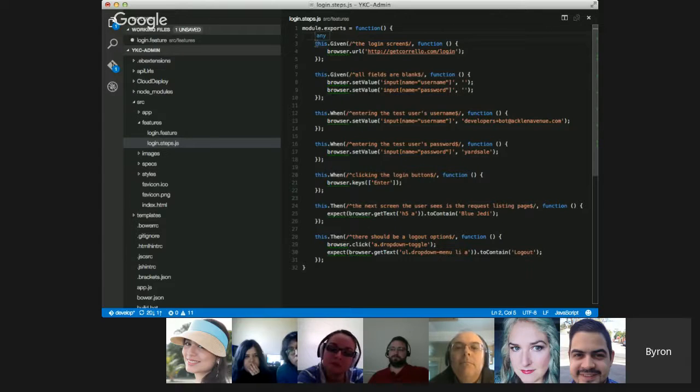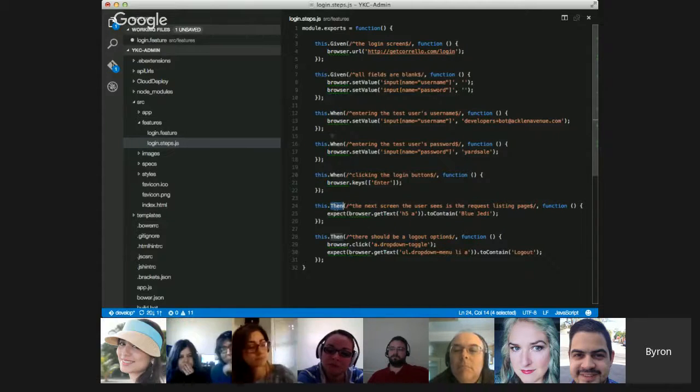It's just very, very simple stuff. You can see here given, when, then. So pretty simple. Then you get into maybe a little bit more scary stuff just because of the slash and the caret symbol and the dollar sign. But the stuff that's inside is pretty easy to understand. We're just going to think back to that original scenario. I'm not going to risk switching windows because I don't want to risk the black screen again.